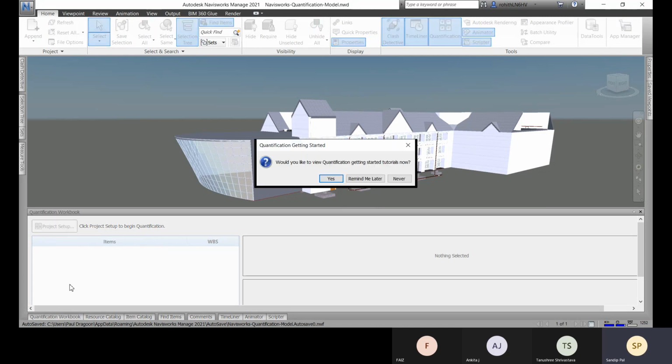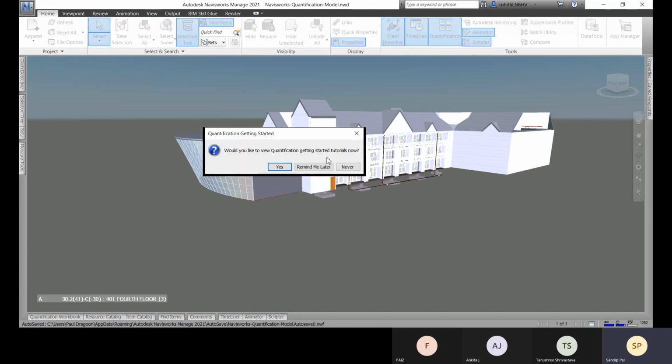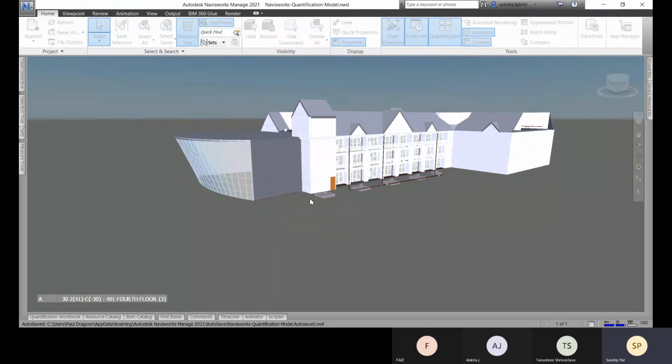So first of all, let's create a project setup, and it's asking about some tutorials. Let's click on never, or remind me later. And you have to choose a catalog for your quantification. You can choose Uniformat, which is similar to Revit, or else you can choose your own catalog if you have one.